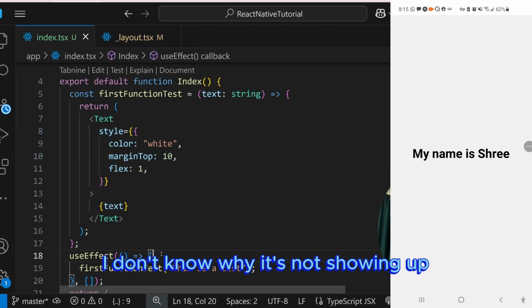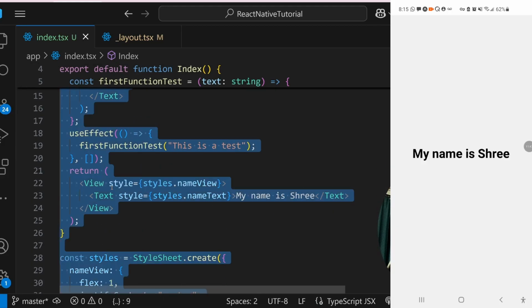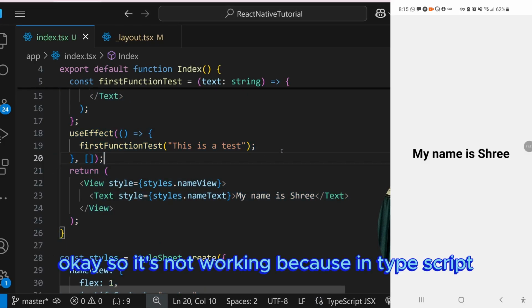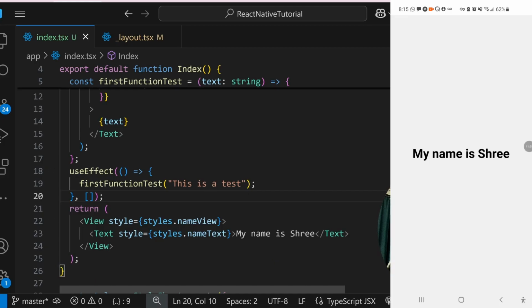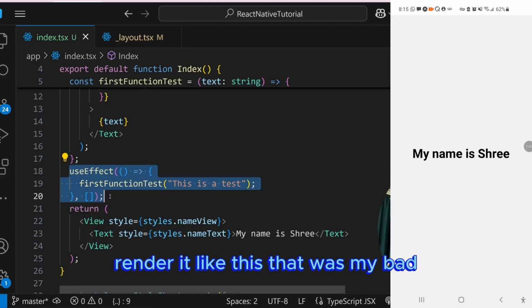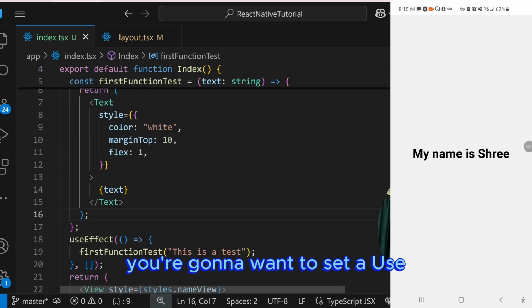I don't know why it's not showing up. Okay, so it's not working because in TypeScript you can't actually render it like this. That was my bad. What you're going to want to do is set a useState